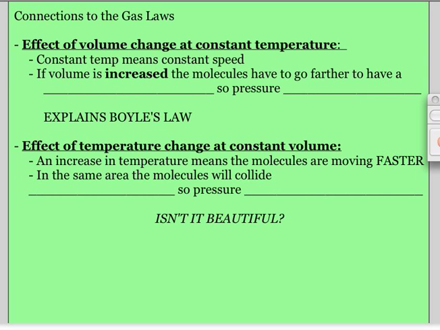All right, and then the last thing before we try a couple of things to think about is what does the volume do? So if we don't change our temperature, our molecules are moving at the same speed. So if these molecules are moving at the same speed and now all of a sudden they have more volume to move, that means they have to go further before they have a collision. And remember, collisions have to do with pressure, so the pressure actually decreases. So that's why, as we said in Boyle's law, as your volume increases, your pressure goes down and vice versa.